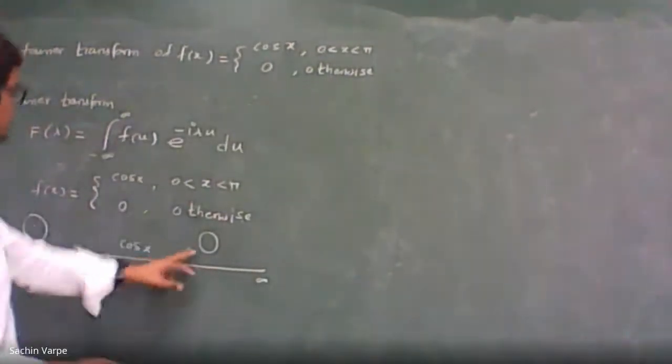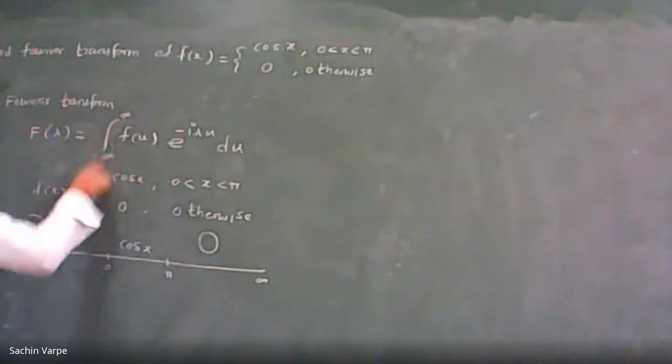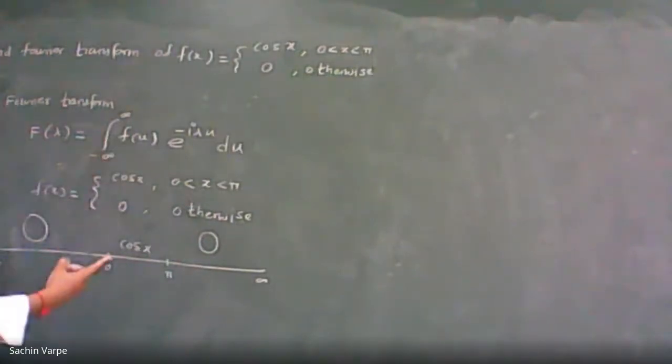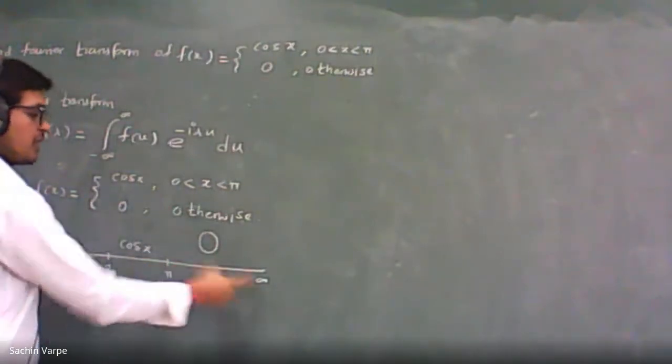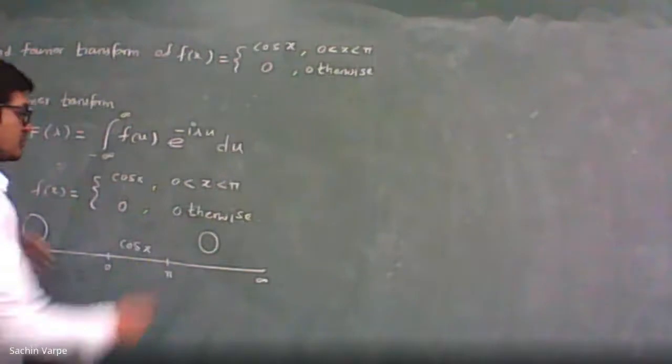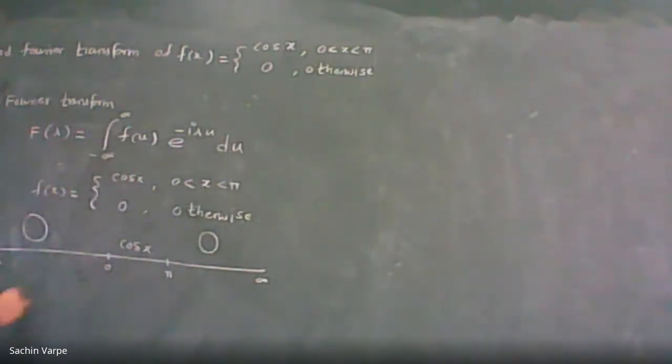Right? So therefore, we can break this entire interval minus infinity to infinity into three parts. How? Minus infinity to 0, plus 0 to pi, plus pi to infinity. Isn't it? So let us write this interval according to the splitting. So therefore, f of lambda will be equal to